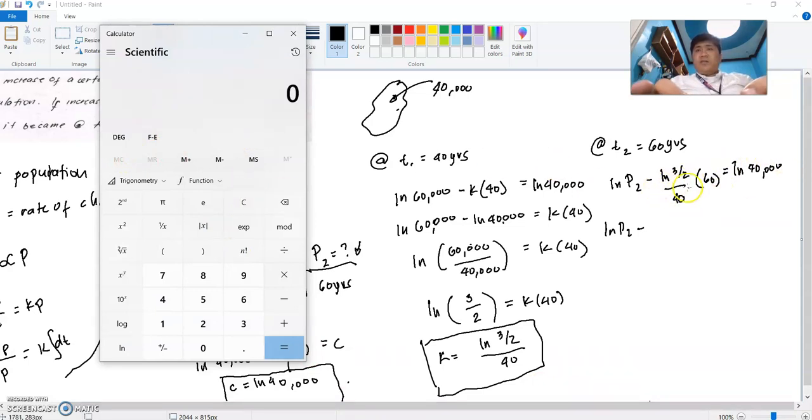So from here I have ln of 3 halves, 3 divided by 2, ln of that is this, divided by 40 times 60, then you add it with ln 40,000, so we have plus